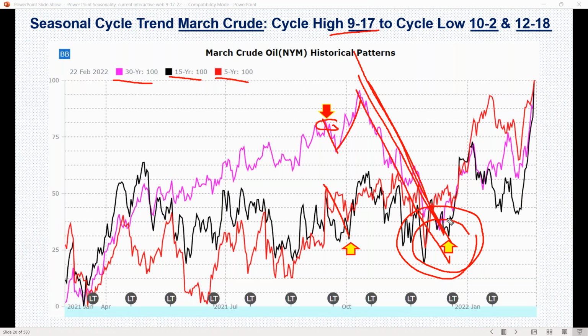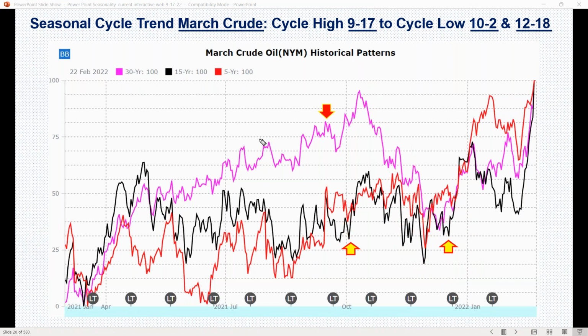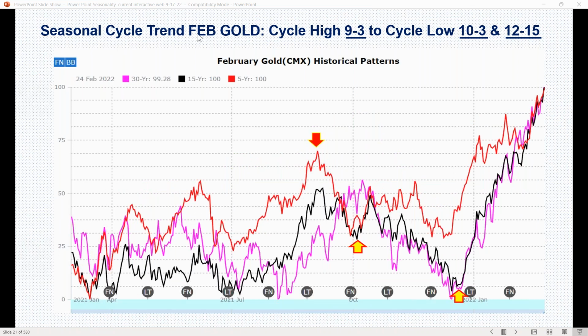And then once that period is done, you get that nice blip up into Christmas. So those are seasonal patterns on crude oil. Now the other one, there's so many different ones, but I just picked a few that everybody here probably trades. The next one is the seasonal pattern for gold. So this is a February gold contract